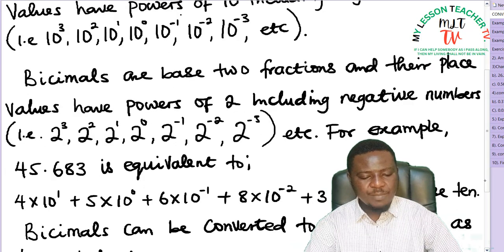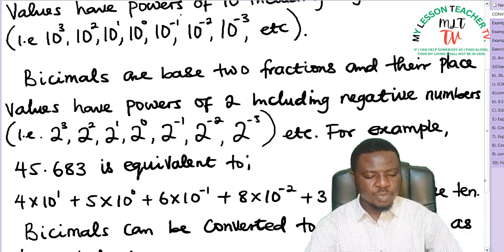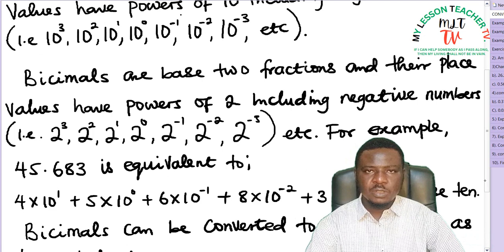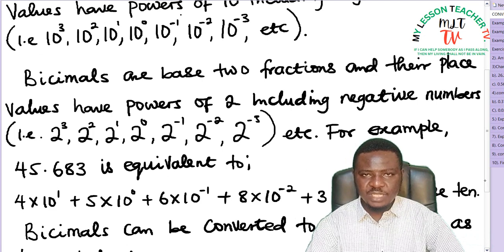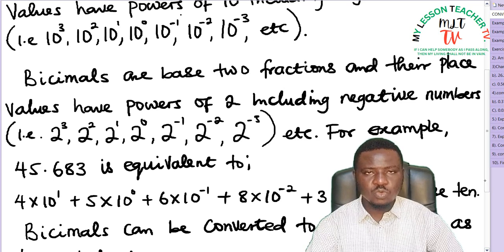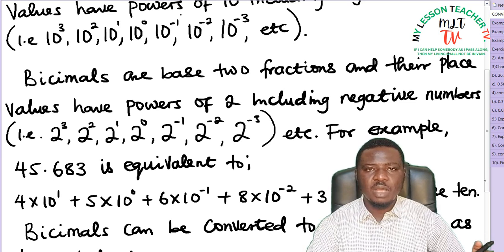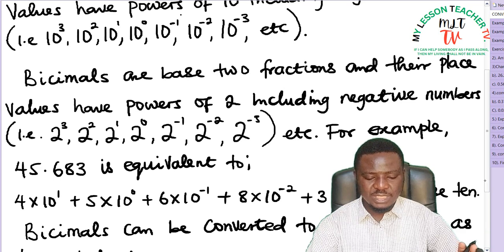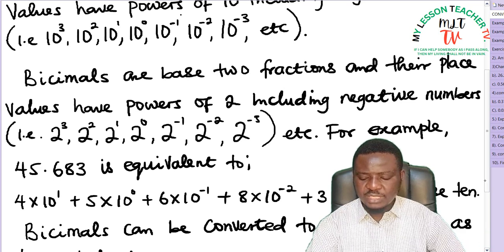Binary fractions, on the other hand, are base 2 fractions, and their place values have powers of 2, including negative powers. That is, 2 to power infinity down to 2 to power 3, 2 to power 2, 2 to power 1, 2 to power 0, 2 to power minus 1, minus 2, minus 3, and down to 2 to power minus infinity. For example,